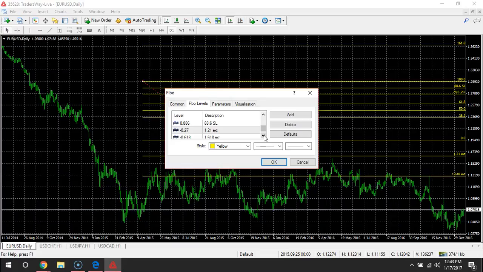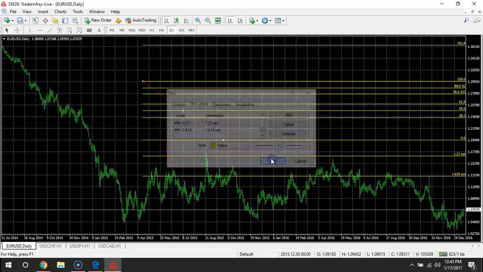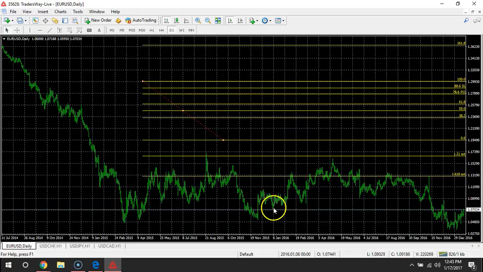6.8. Okay. Are those okay? And the negatives are for stop losses or no? They're just inverse extension levels. Okay. Cool. So what this looks like on the chart is